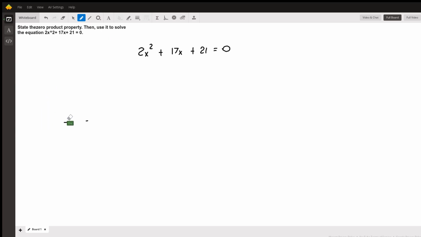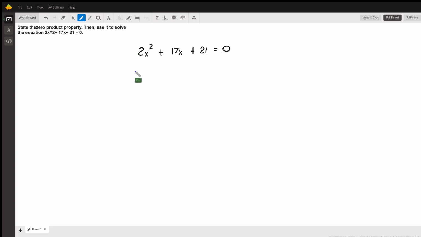polynomial equation. You might hear your teacher or your assignment say quadratic equation. It is a quadratic equation, but it also is a polynomial equation as well. Quadratic equation is just specific to the second degree, and this particular equation is taken to the second degree as well, but polynomial equations can go to third degree, fourth degree, etc. So, to solve this, we're going to first factor the left side,